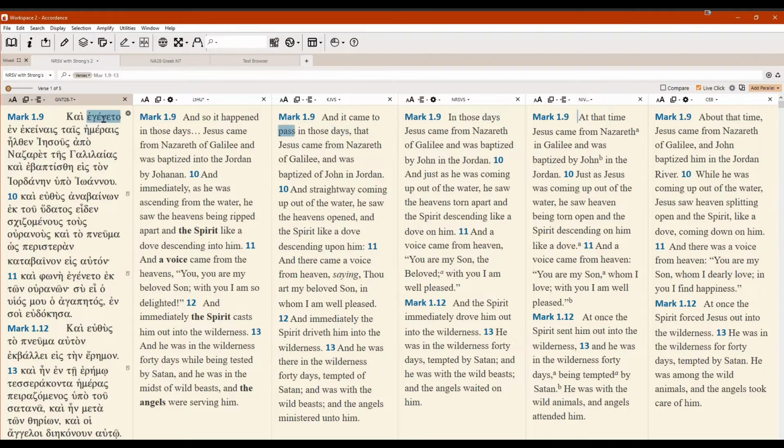Now, the next thing that we've got going on here is the Greek is simply awkward at this point. If I was to translate very literally here, and it happened in those days Jesus came. Now you can hear something's got to be done to make that into English at this point. You can see that the King James Version here, they added a "that" in order to make that flow a little bit more here. And that's why now I'm seeing here that these other versions simply eliminated that kai agenita part because it interrupts. It's just sort of an introductory phrase, and the grammar just doesn't work